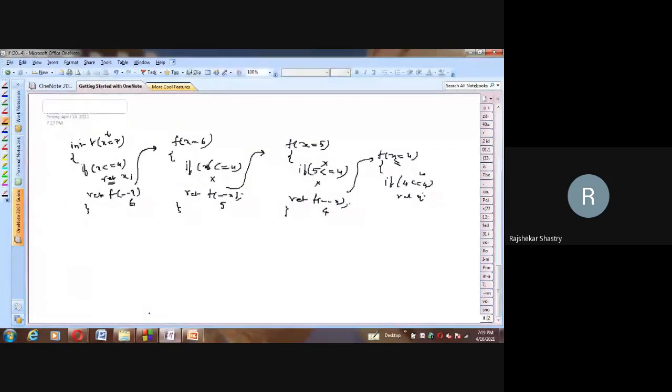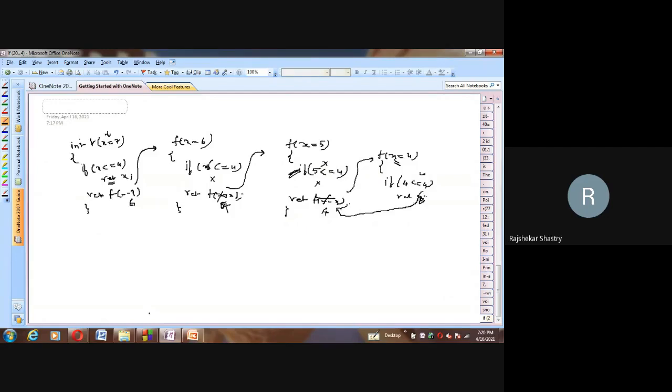Where will this 4 be returned? To where we called this method from. I kept arrow marks, so through those arrow marks one can understand where the control goes back. So 4 is returned here, because from here we called. Thus this completely vanishes and we have 4 here. This 4 is further returned to its caller. Who is the caller of this method? The caller is here, so in place of this call, 4 is returned.